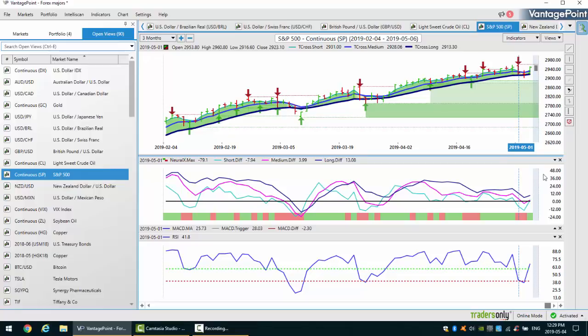Right now, at least for now, there are not any real signs in the VantagePoint software that that's happening. We've had a corrective move down to this 29.13 area 2-3 days in a row. You can see how it's using the T-cross long at 29.17 as a longer term pivot area. But again, we must break free and clear of this 29.60 area if the equities have any chance of a